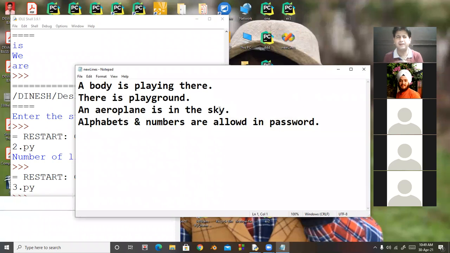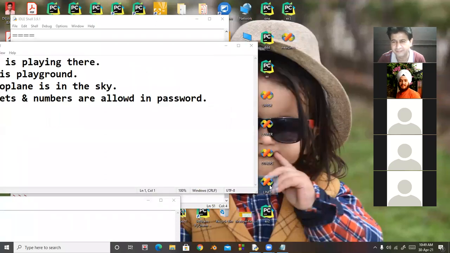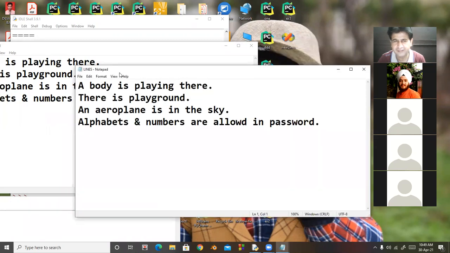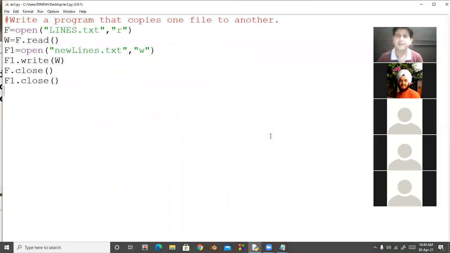Look at here, the same data which I have saved in lines. Exactly the same data. So note down the coding. Monday I will finish your chapter. There are very small topics left, so I will solve that.